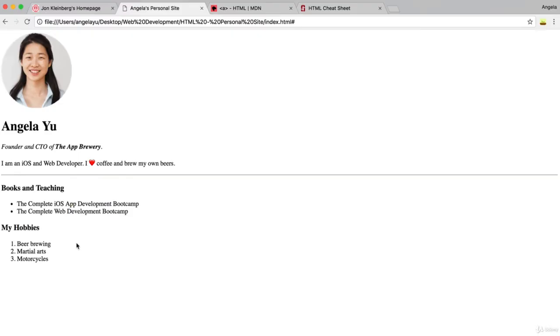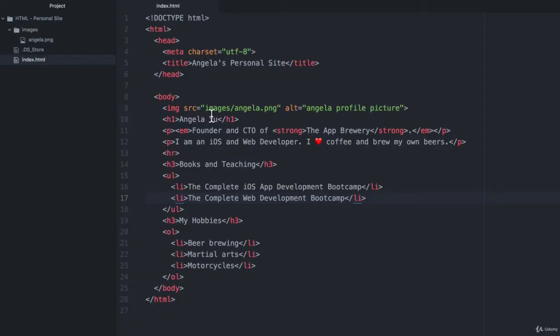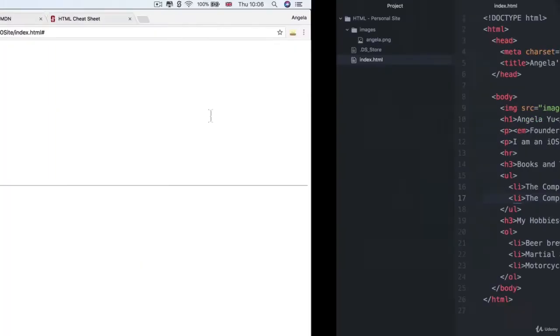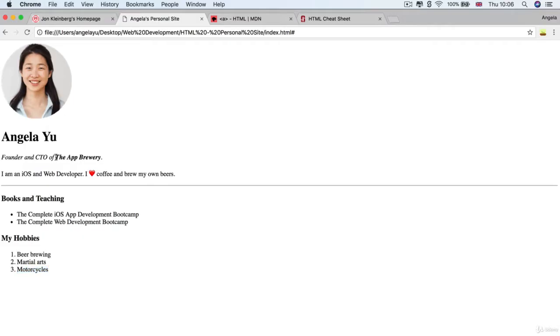So there's many places where maybe you'd want to direct people away. So maybe I can link them to the App Brewery's website here. Or I could show them examples of me brewing beer or me riding motorcycles. Let's go ahead and try that in code. So the first place that I want to add a link to is this part where it says the App Brewery. So I'm going to put an A tag or an anchor tag just in front